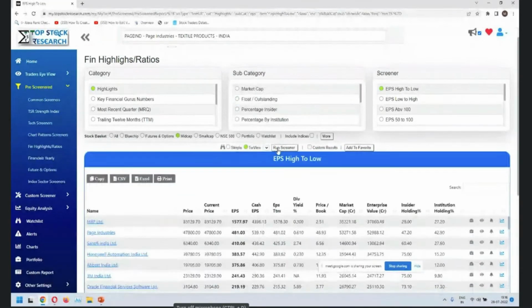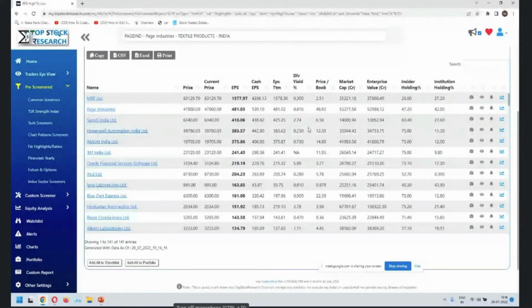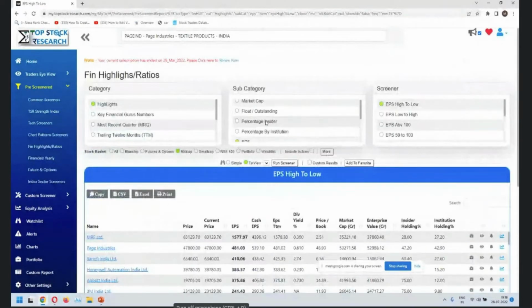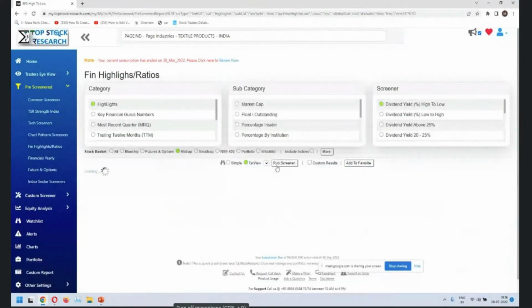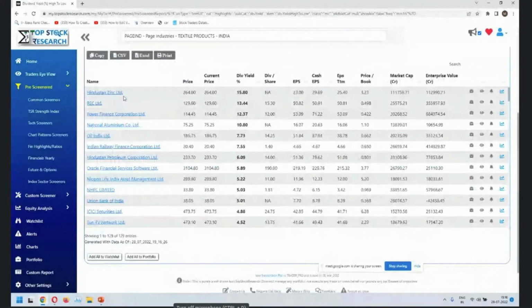You can sort by other things like EPS, right? If you want to sort from high EPS to low EPS, you can do it here. EPS, of course, is not a very great stat. Some of the things that you may be more interested in is dividend yield, so sort by dividend yield. These are the stocks which give you better dividend yield: Hindustan Zinc, Power Finance, REC. Looks like public sector companies are more inclined towards sharing the profit with the end users, compared to some of the other private